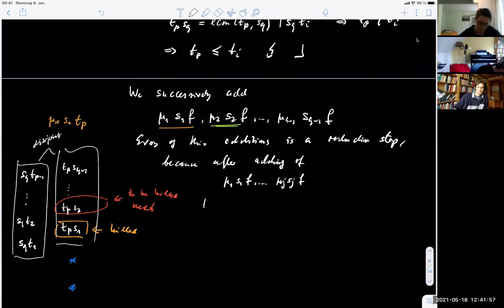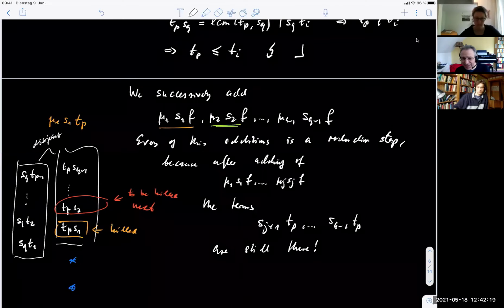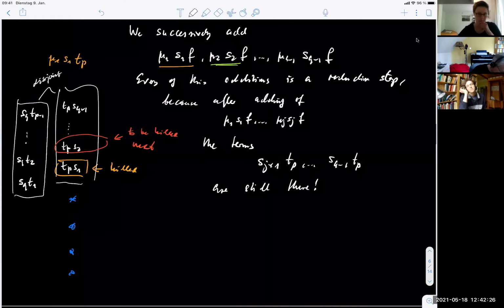The terms J plus 1 F TP, actually up to SQ minus 1 TP, are still there. Okay, so this is kind of the crucial thing that I try to explain by pictures. Okay, and then everything is fine. So we obtain,